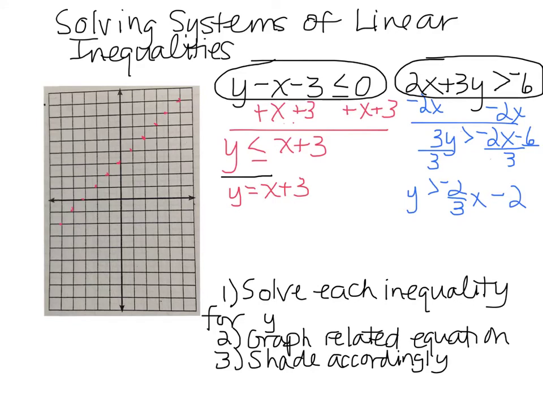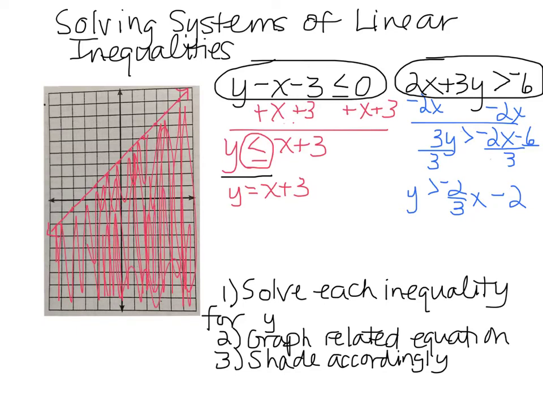And since this inequality says less than or equal to, I know I need a solid line. I'm going to put my arrows. And we know that it's all of the y's below or on that line. So this region gets shaded in red below the line because we're looking for the y's that are less than,